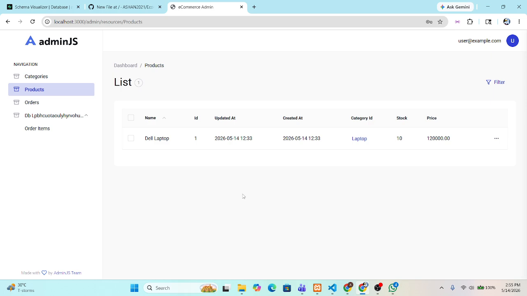deploy this project on the Railway.app website, but the free trial package has expired in my account. I cannot deploy this project. So that is the end of the demonstration. Thank you.